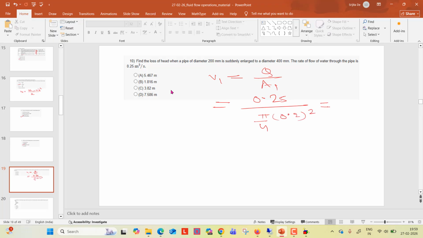It is coming as 7.96 meter per second. Next one is V2, similarly 0.25 by pi by 4, 0.4 square equals